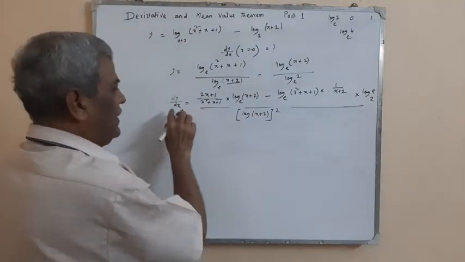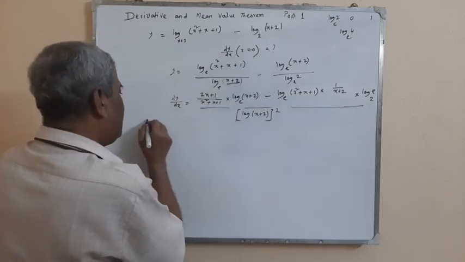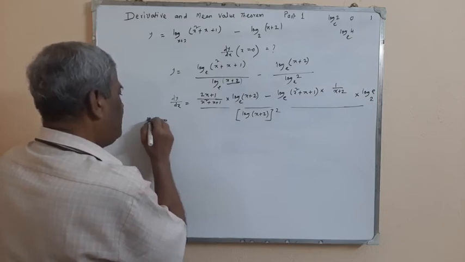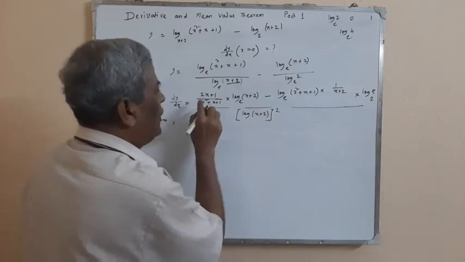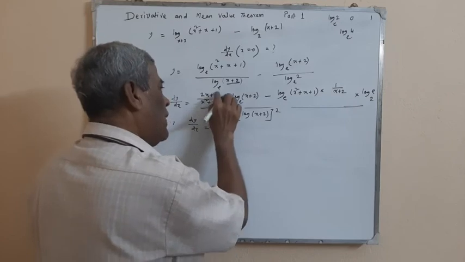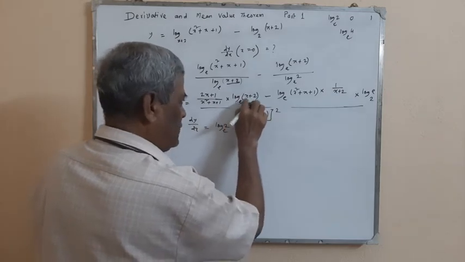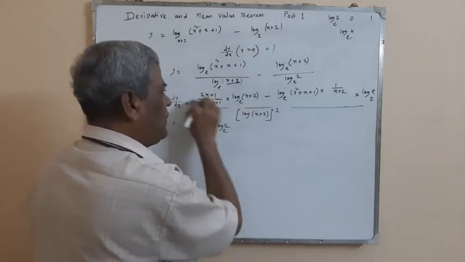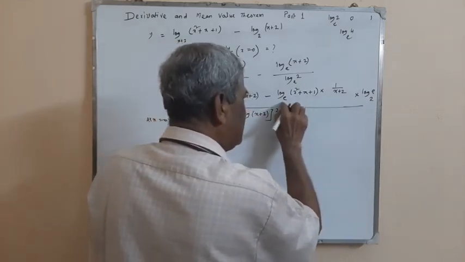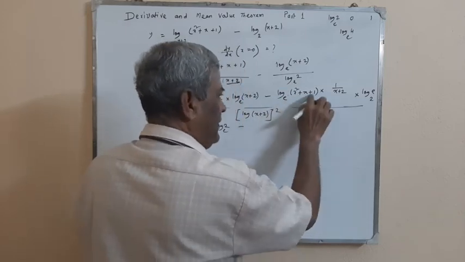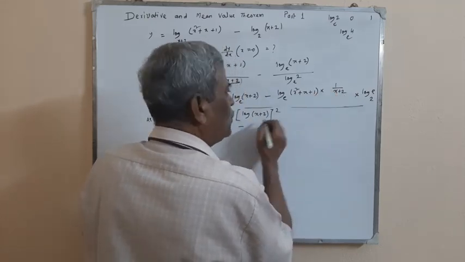Now we have to put, derivative is completed. Now we have to put x is equal to 0. So dy/dx at x is equal to 0, x is equal to 0 means this is 1, this is 1. So 1 by 1 is 1 into log of 2 base e. X is 0, so log 2 base e. So this part is this minus, this is 1, log 1 base e is 0, 0 multiplied by something, so it is 0 into